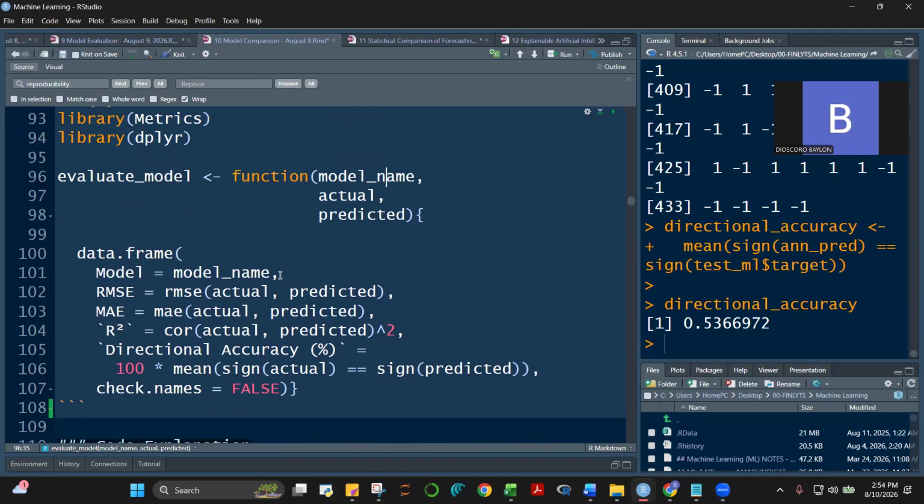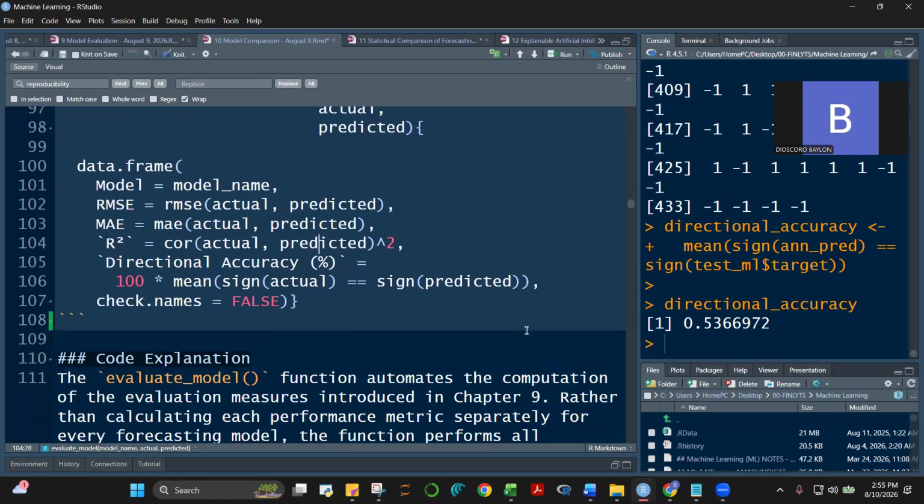Its contents are the model name, okay? The RMSE, what is RMSE? RMSE of actual, predicted. Notice that this is a function. RMSE, right? Actual, predicted. The same with MAE, actual, predicted. R squared is the correlation of actual and predicted, then squared. Then the directional accuracy is what we did earlier, 100 times the average of the sign of actual being equal to the sign of predicted.